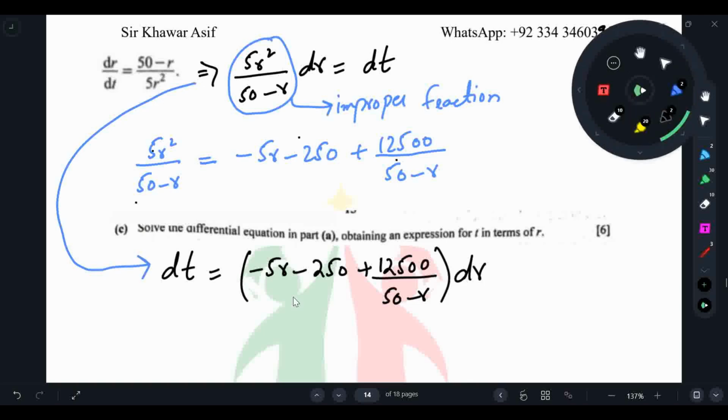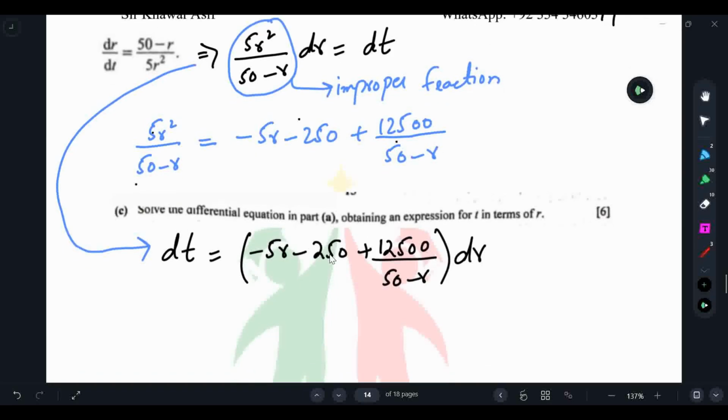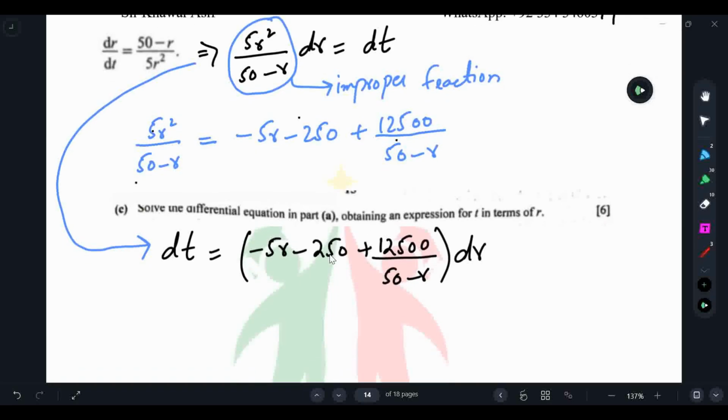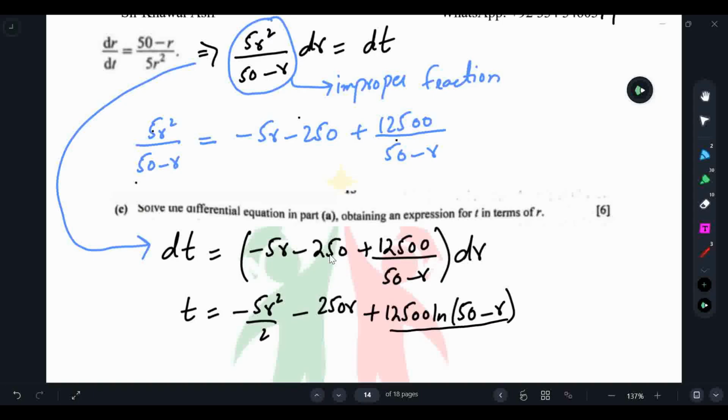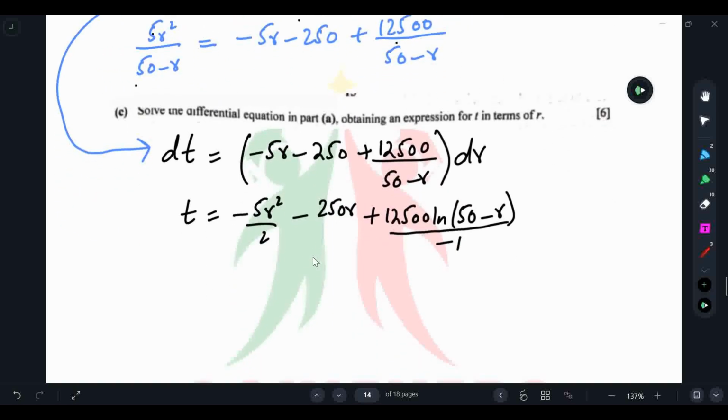Now from here we can see we have to take the integral on both sides. If we take the integral on both sides, so t will be equal to minus 5r squared by 2 minus 250r plus 12,500 natural log of 50 minus r. Now in natural log we need to divide it by the coefficient of x, and here the coefficient of x is minus 1. So that is why the final equation in terms of t will be